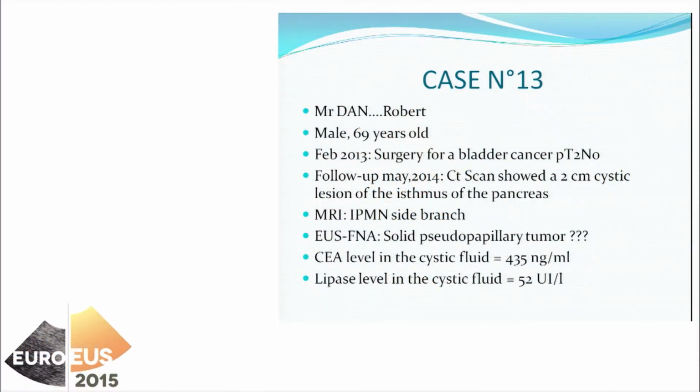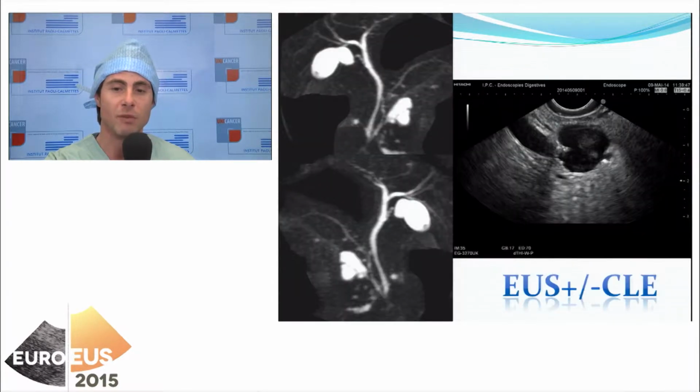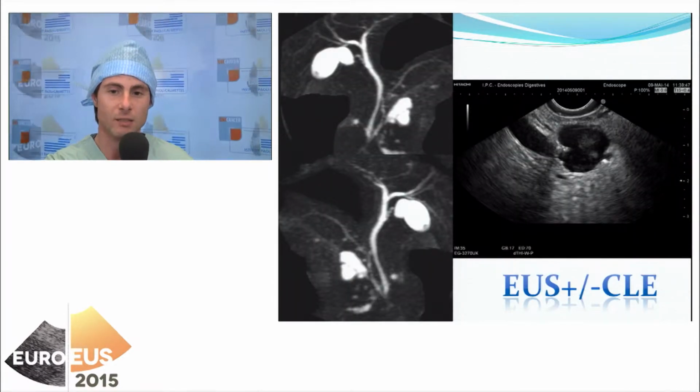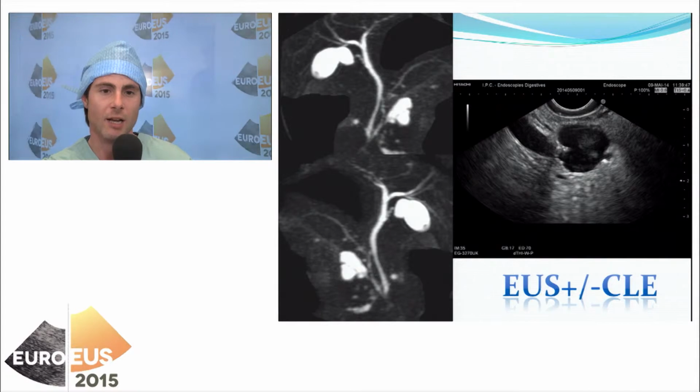This is the case of a 69-year-old man. He underwent surgery in 2013 for bladder cancer. During a follow-up, a CT scan showed a 2 cm lesion in the isthmus of the pancreas. An MRI revealed a side-branch IPMN. EUS-FNA was performed, and the analysis of cystic fluid taken during FNA showed a high level of CA and a normal level